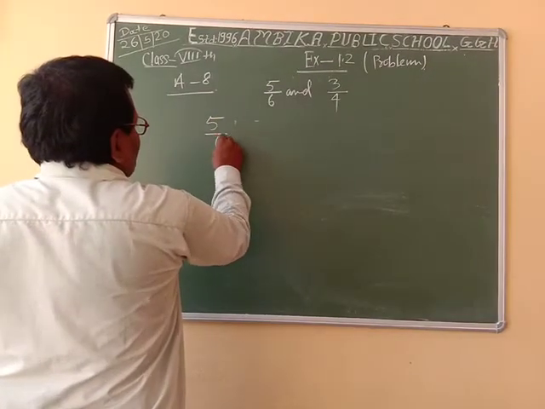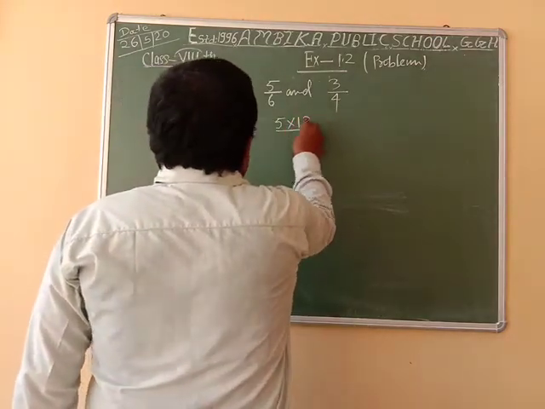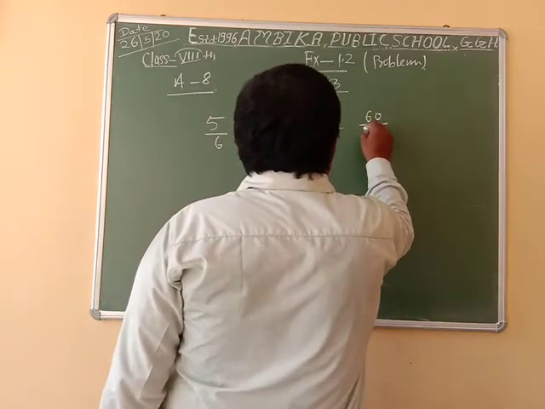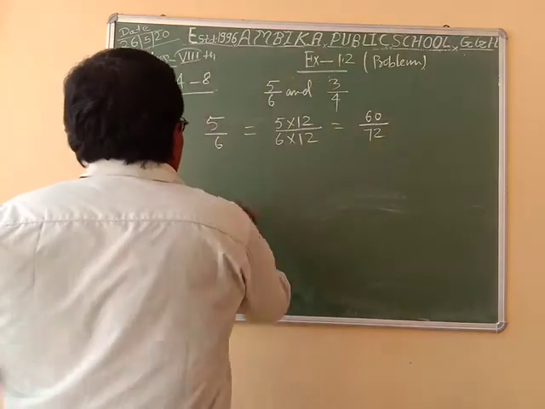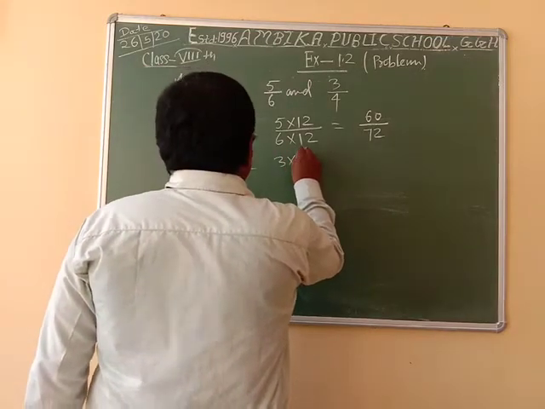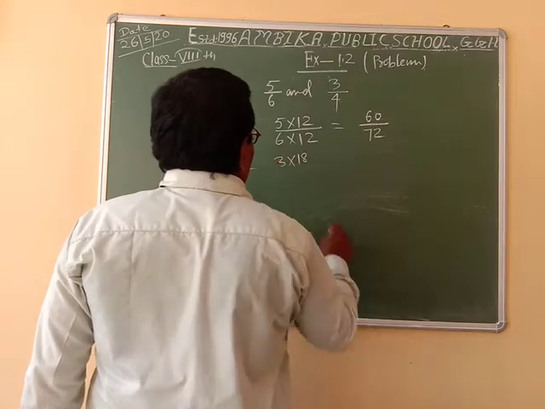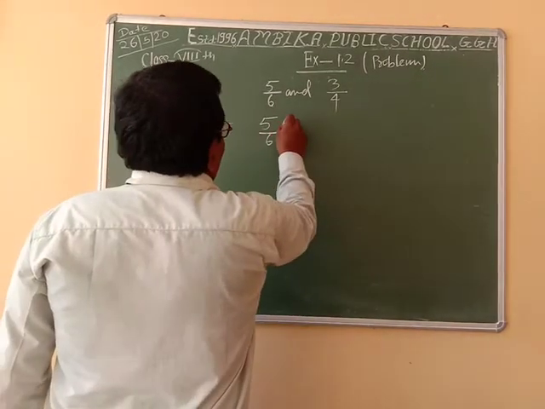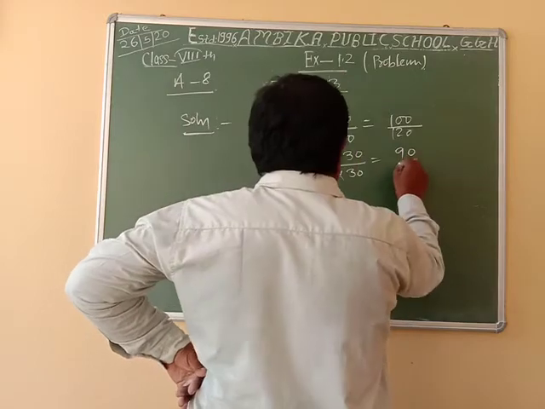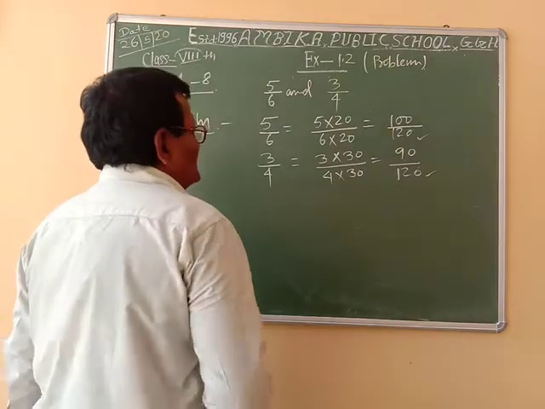5 by 6 is equal to 5 into 12 by 6 into 12, is equal to 60 by 72, and 3 by 4 is equal to 3 into 18 by 4 into 30, is equal to 90 by 120. Here we see that both denominators are the same, so